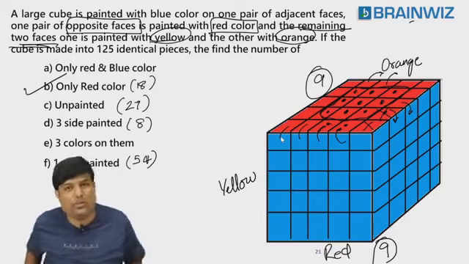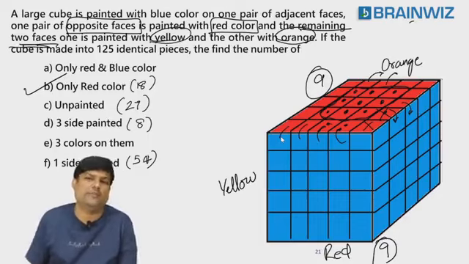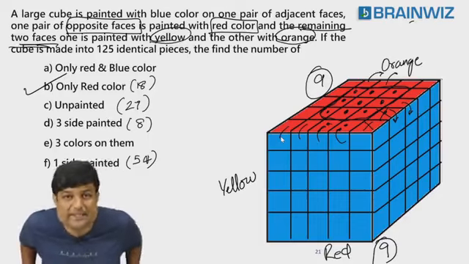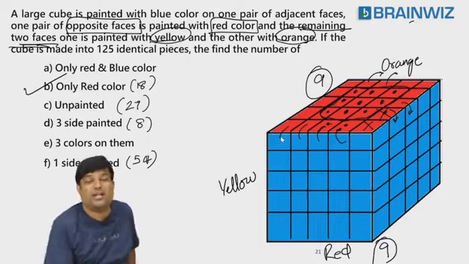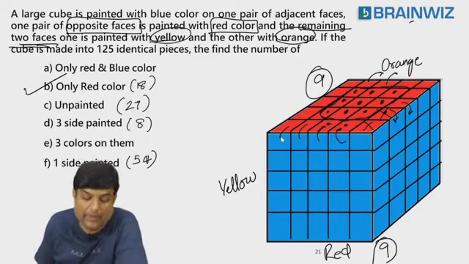So do you have any formula for color? Only red color? No, sir, I don't have any formula for only red color. Please try to understand. I don't have any formula only for red color. Are you understanding, everybody? You will get this only when you draw, color, and then count. That's good.